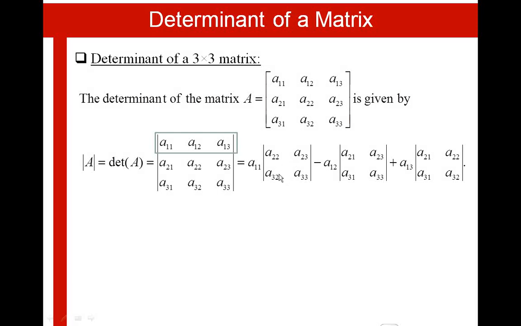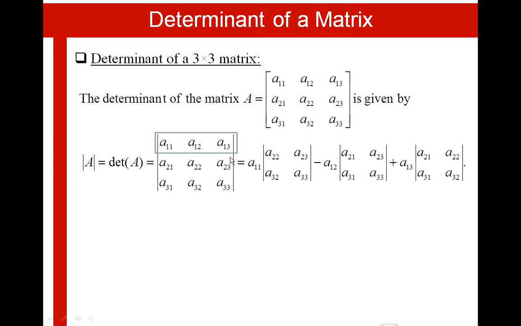The minor here is obtained by eliminating the first row and the first column, and the minor is A22, A23, A32, A33, minus the second element here, A12, times the minor,